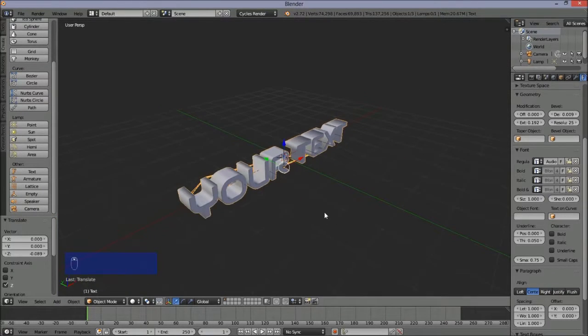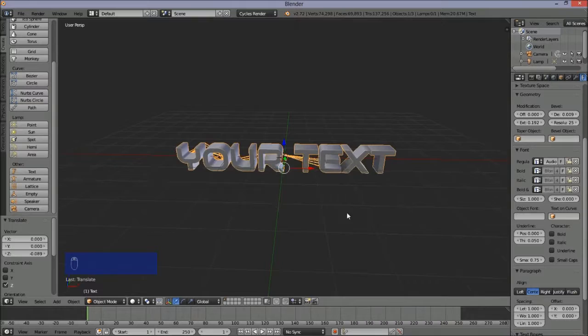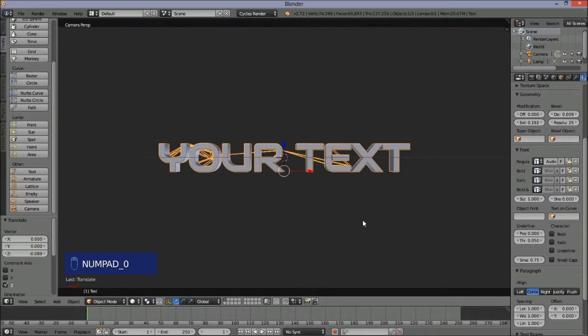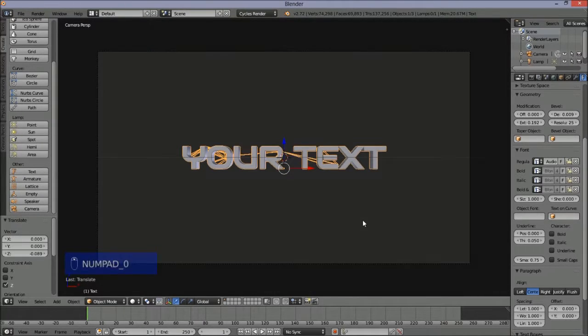Scroll down to zoom out here and use the mouse button to pan around. Okay, so our 3D text object is looking pretty good. So press numpad 0 to go back into camera view. Scroll down to zoom out here. And what we're going to do now is we're going to append a material for our text. Now we're going to append the material from a materials pack from BlendSwap that we'll include a download link for in the description. So you just want to go to the top left of the screen here, click File,